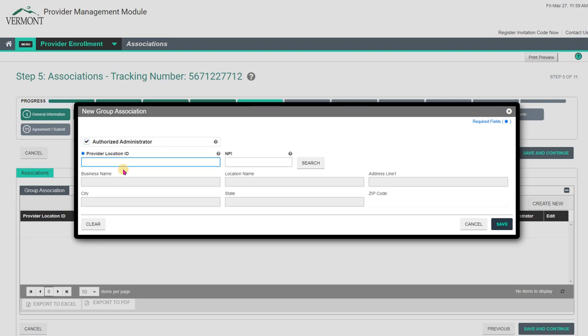You can either enter in the service location ID, which is the 14-digit service location ID for the group or facility that you're trying to add, or you can look it up by NPI. If you look it up by NPI and there are multiple service location IDs for that NPI, you'll be given a list to choose from. If you have multiple associations, you have to individually add them. So even if you're trying to add a group that has multiple service locations, but they're all from the same group, if you work at all those different service locations, you're going to want to add them one at a time. So I'm going to add my first service location here,